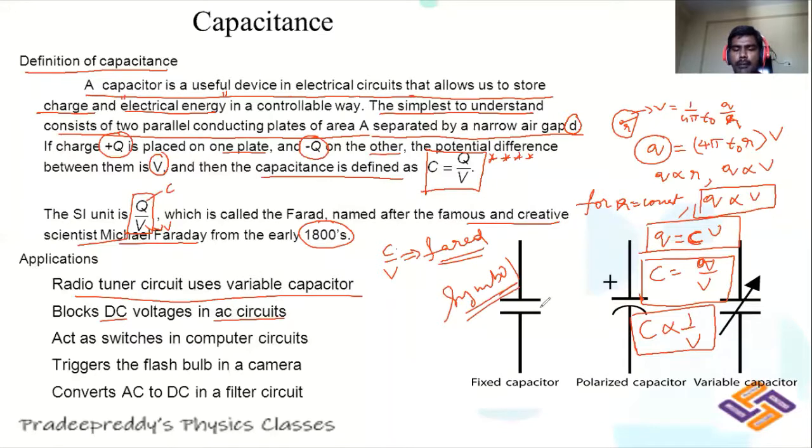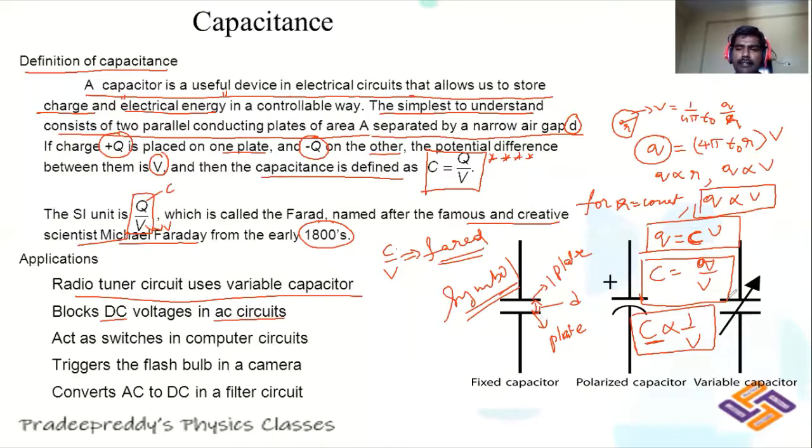The symbol of a capacitor is that this is one plate and this is another plate. These two plates are separated by some distance d. Why are you taking two plates here? For a capacitor, you are taking two plates in order to decrease its potential. Why are you decreasing its potential? In order to increase the accommodation of charge. Why are you increasing the accommodation of charge? In order to increase its capacity. So therefore, this total is a device which stores electrical energy in terms of charge.